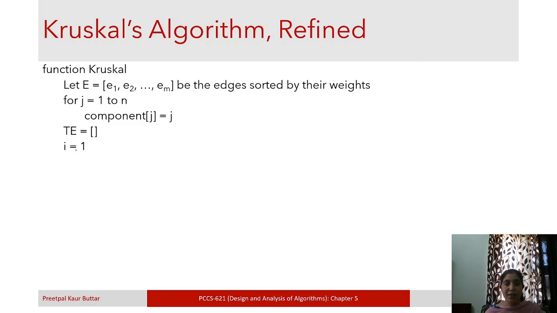And now we will start from I equal to 1, and while the length of edges is less than n minus 1, we will keep on iterating, right? So let EI be connecting U comma V. So again, let me take this example.